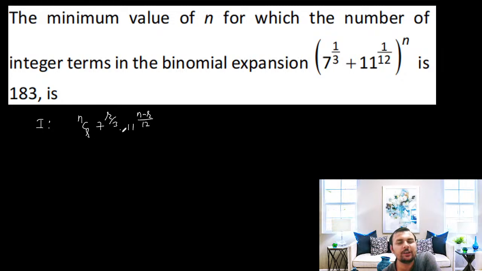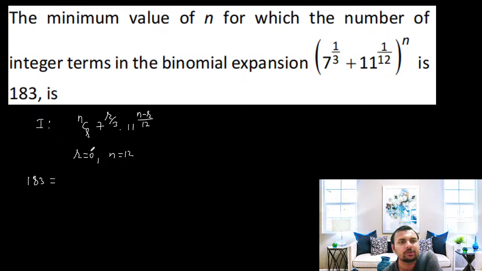So minimum value of n, that means when we put r equal to 0, n should be 12. So this is what, n equal to 12, and let's try whether the sum is coming out to be 183